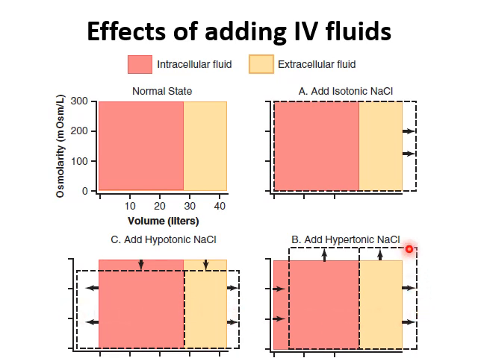Now, when we are adding hypertonic solutions, an example being 3% normal saline, you can see that there is an increase in osmolality of ICF and ECF. At the same time, there is shrinkage of ICF, intracellular fluid, whereas there is expansion of extracellular fluid. So when we add hypertonic solution, extracellular fluid is increased at the expense of water extracted from intracellular fluid. That's all, folks, about total body fluid